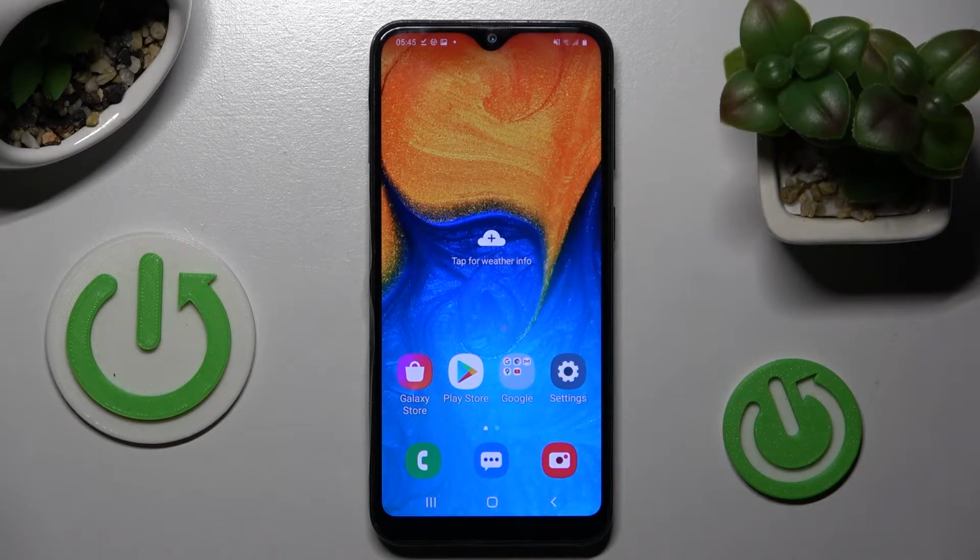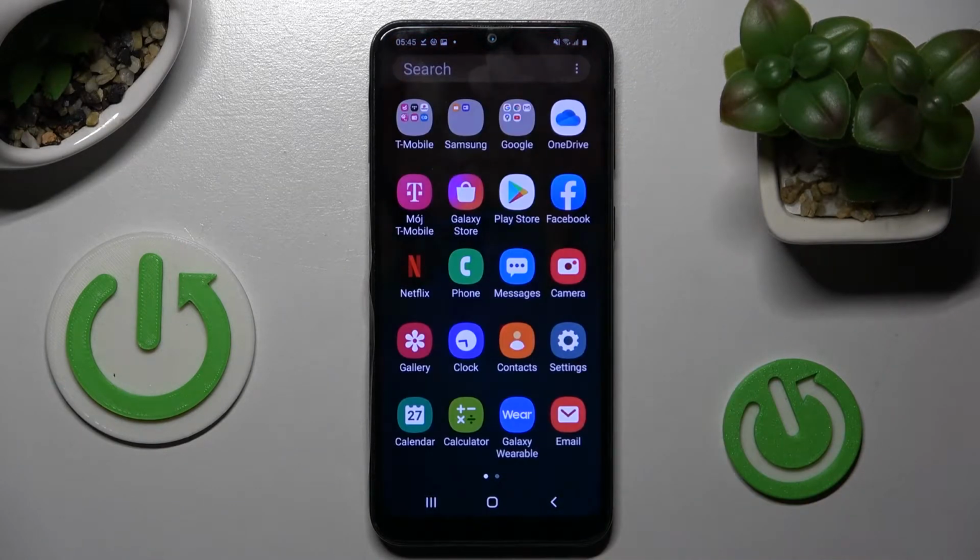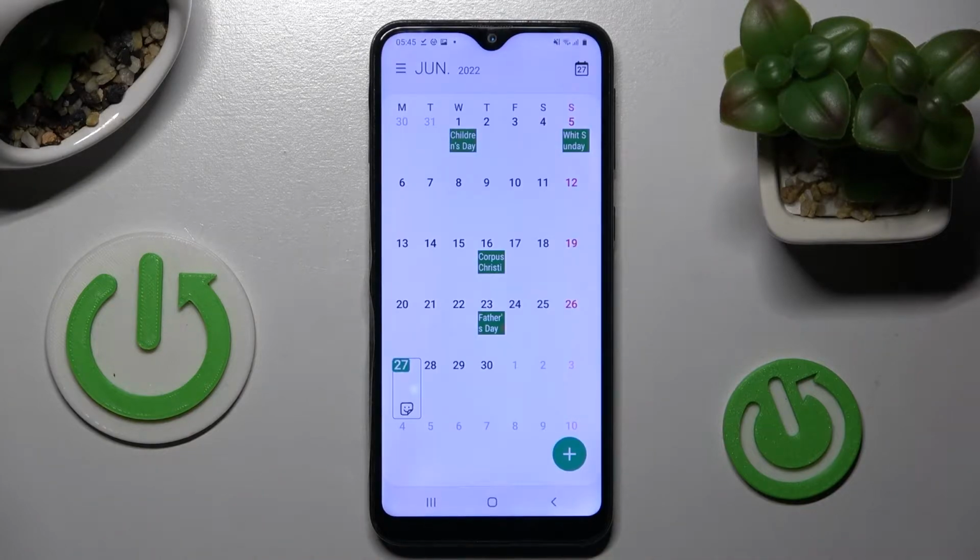In front of me is Samsung Galaxy A20e, and today I would like to show you how you can add event to calendar on this smartphone. First of all, you need to find calendar app and tap on it. Now pick a date by clicking on the chosen one and create your event by choosing this plus icon at